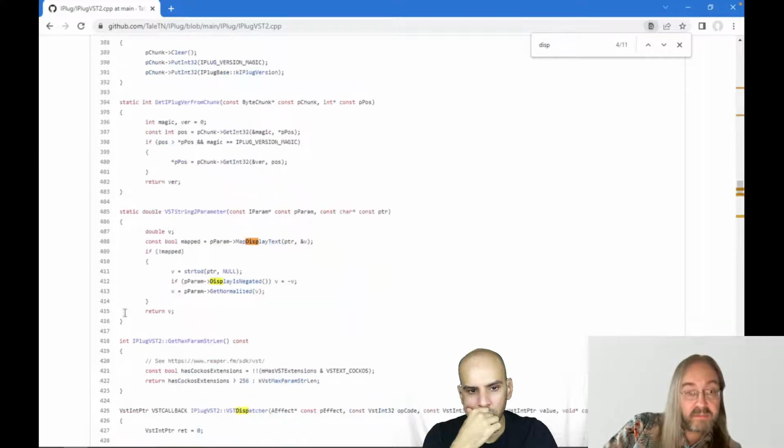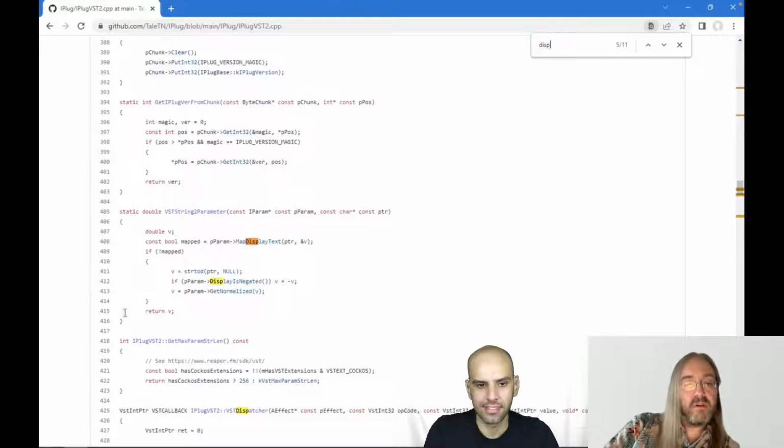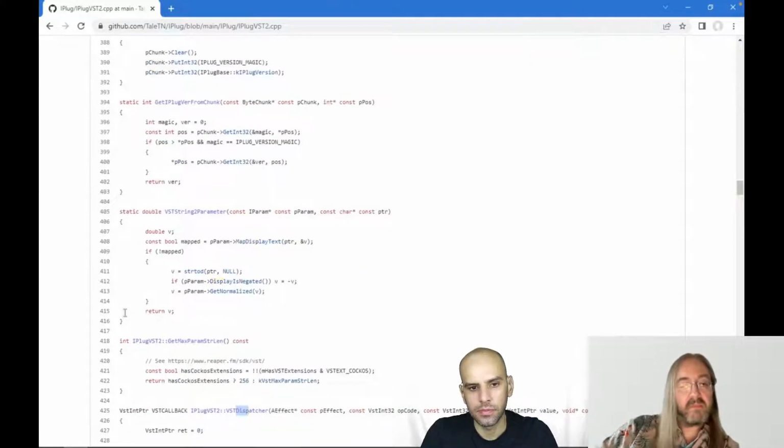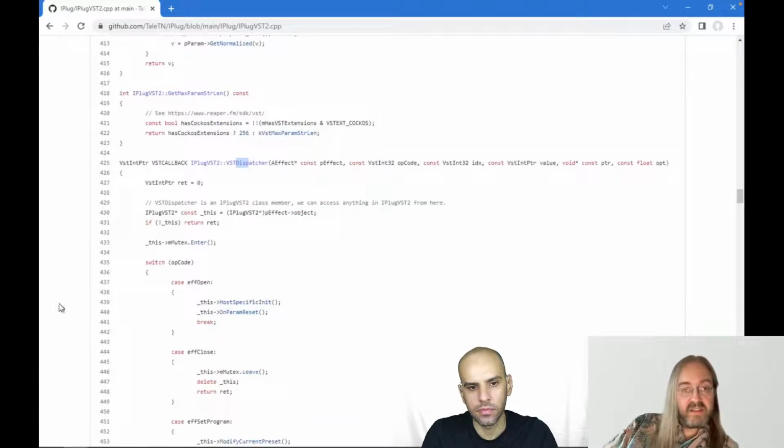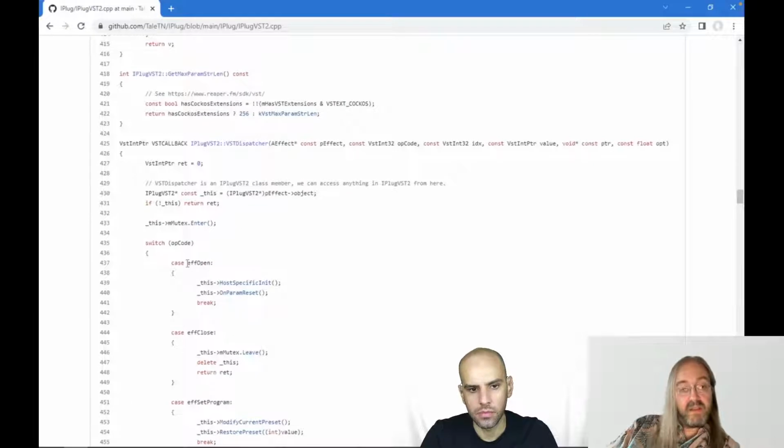Yeah, that's the one. So this also has a couple of callbacks, but like you said, it only has a couple. And then this dispatcher does most of the work. So, for example, if the effect is loaded, then this dispatcher is called with a special code, and that code is in the opcode parameter here.